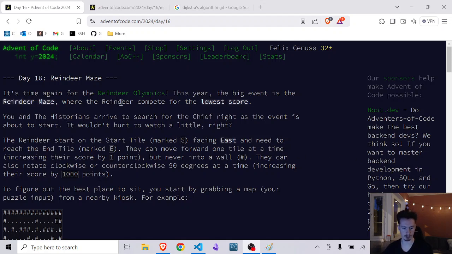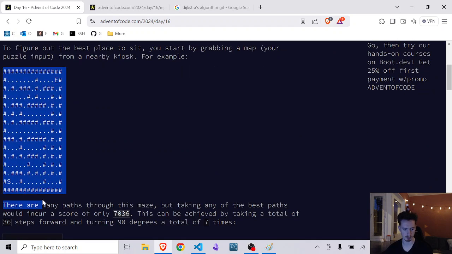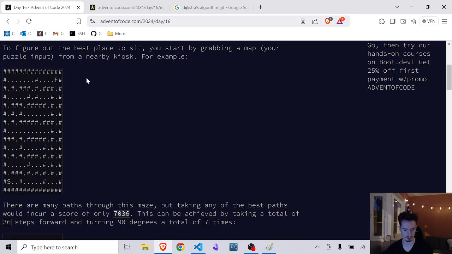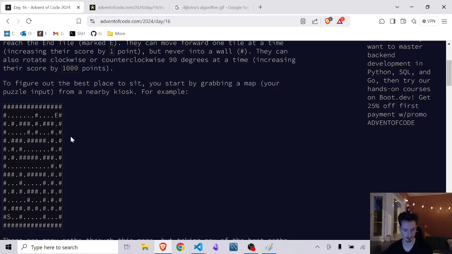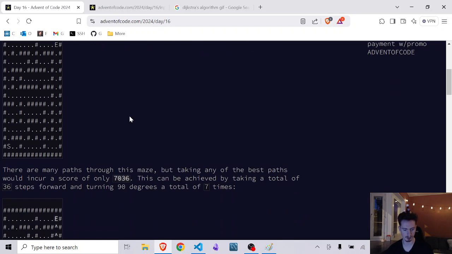All right, so today we're going to be doing day 16 in Advent of Code. The first part of this challenge is that we get a grid and we have a starting position and an ending position and supposedly some reindeer are racing, and we want to see, okay, what's the most efficient path that the reindeer can take. But we don't just see the most efficient path directly, we also calculate the most efficient